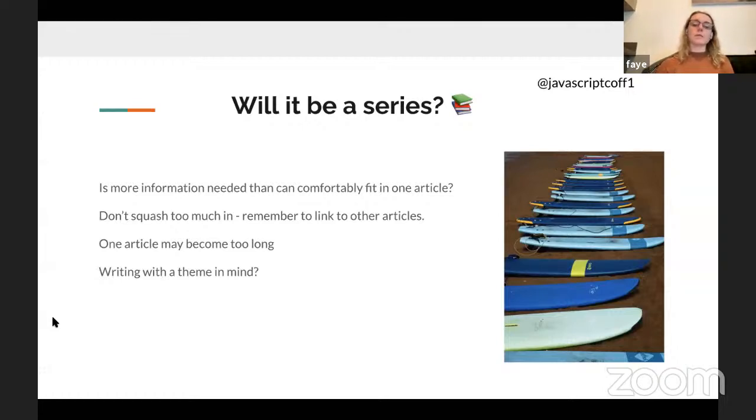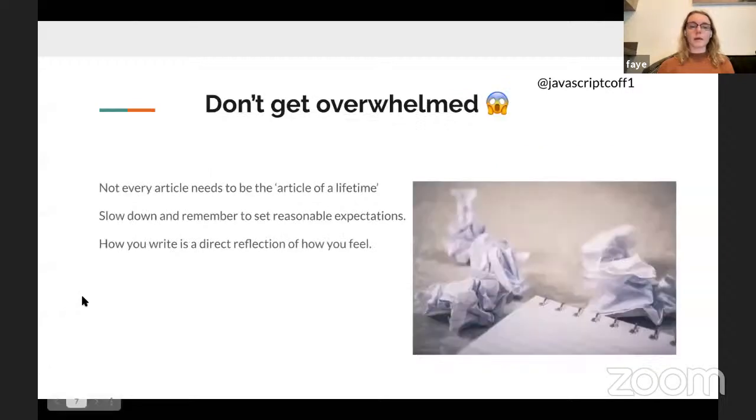So yeah, if you get carried away with what you're writing and you suddenly realize you've got 8 pages, I mean, that's ridiculous, but however much you've written, then maybe think about splitting it up into a series, because people will be able to get to the end of one article and there's a part 2. I've got a What Is an API article that has a part 1 and part 2, because I thought this topic is huge. There's no way I can write it all in one article. So yeah, it depends on how you want to split that up.